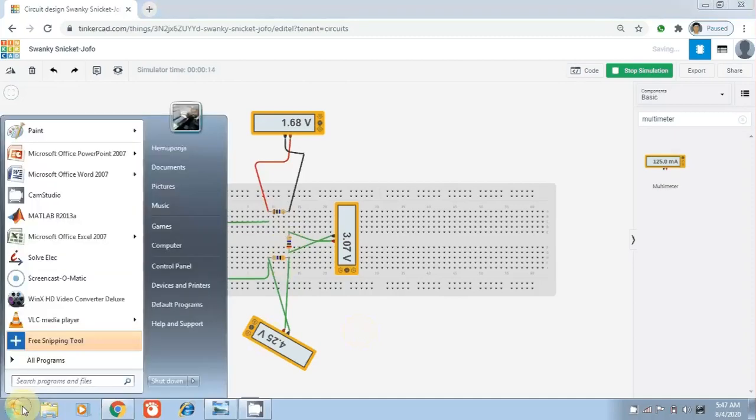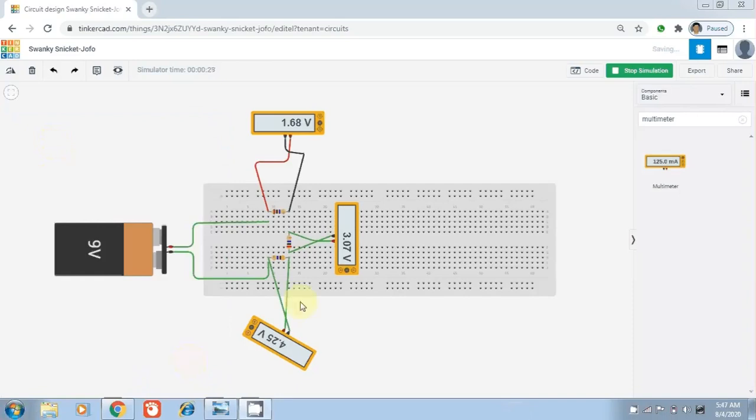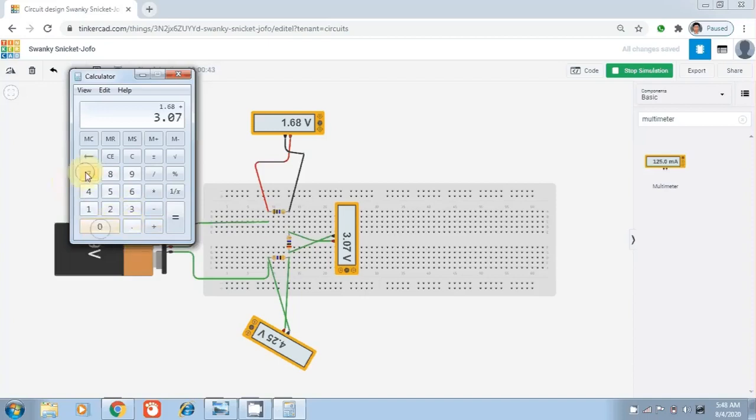Now if we want to calculate the voltage across this circuit, our voltage drop across resistance R1 is 1.68, voltage drop across resistance R2 is 3.07, and voltage drop across resistance R3 is 4.25.